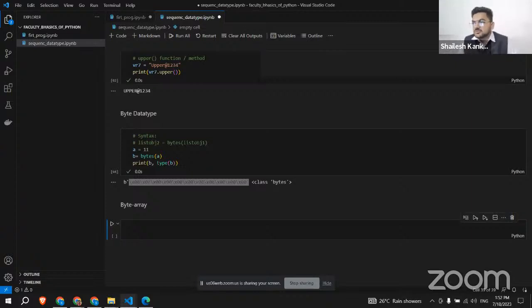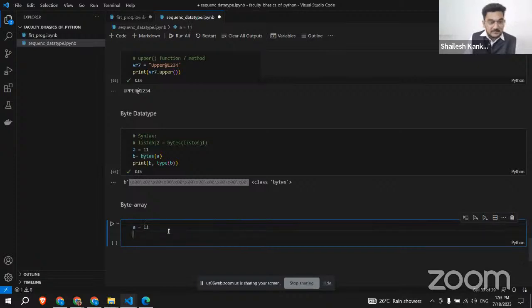This data type is used to store a sequence of numerical integer values ranging from 0 to 256. To represent the elements of the byte array data type, we don't have any symbolic notation, but we can convert other data types into a byte array by using the bytearray function. Similar to bytes, we can convert another data type into a byte array. So for that, we will take an example of a is equal to 11 again, and then